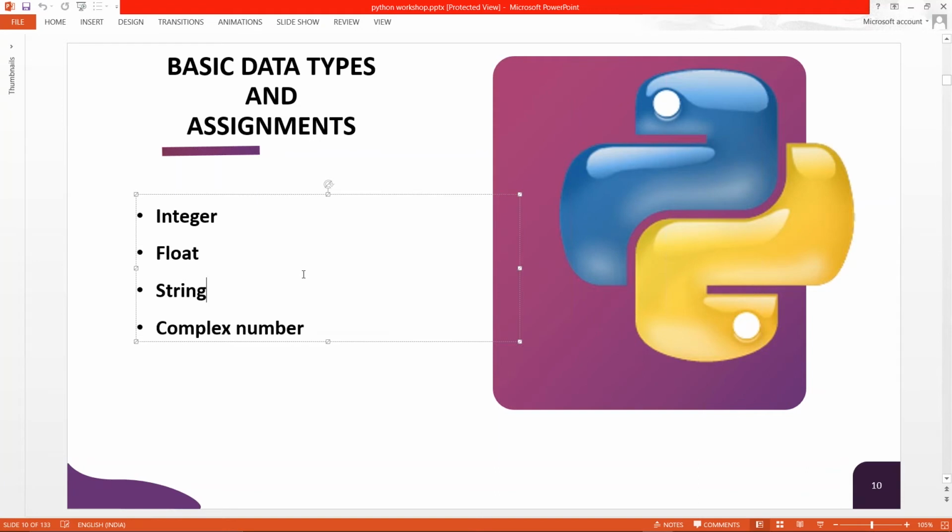Is everyone knowing this? What is integer? What is float? What is string? And what is complex number? Okay, we will move forward.